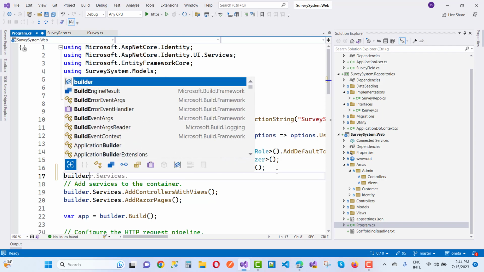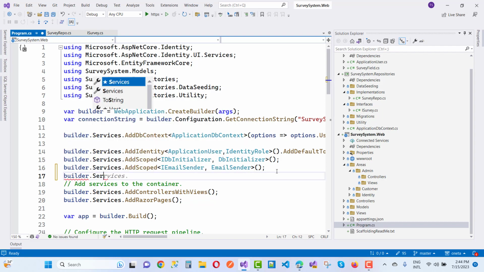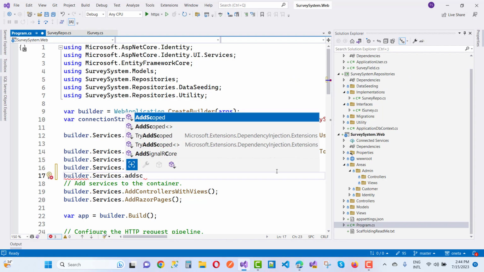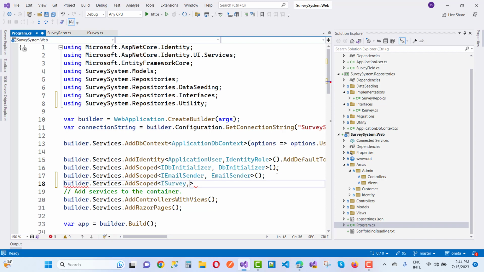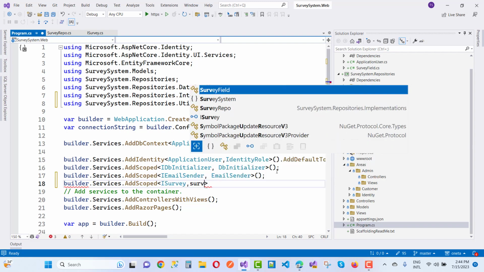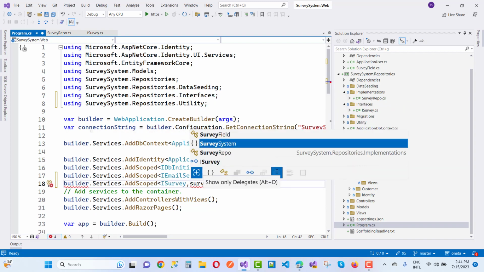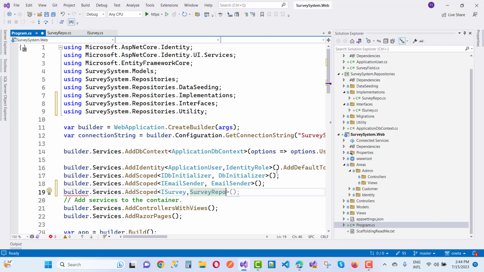So here we have builder.Services.AddScoped, ISurvey and the implementation SurveyRepo, so here we have the SurveyRepository. Just initialize this, and after that we have to use survey, and in the survey we have the admin